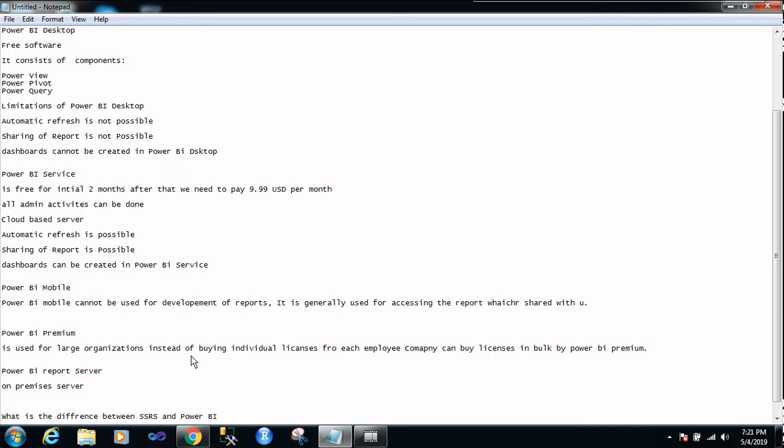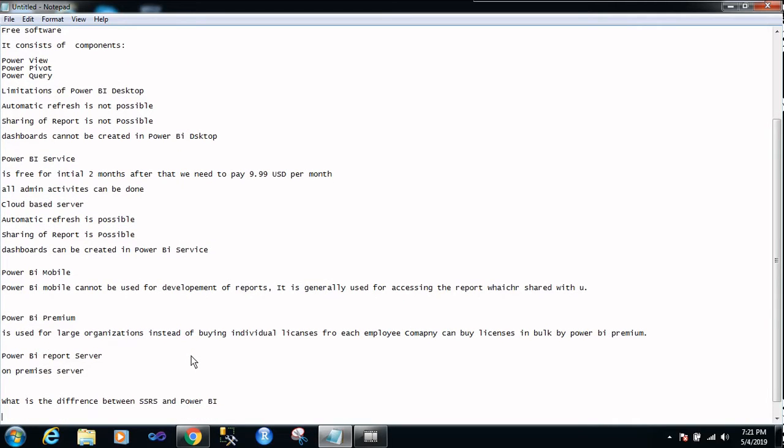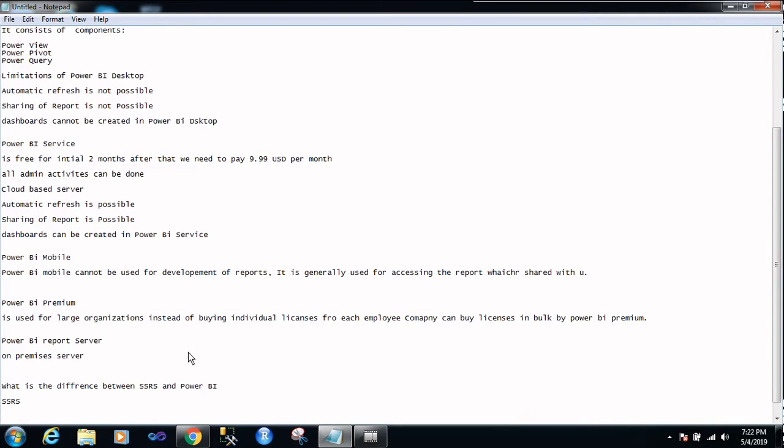This is a very important topic, guys. Every interviewer is going to ask you this question: what is the difference between SSRS and Power BI? Both SSRS and Power BI are Microsoft products. SSRS is a part of MSBI. But there are many differences between SSRS and Power BI. Both are reporting tools, but still.